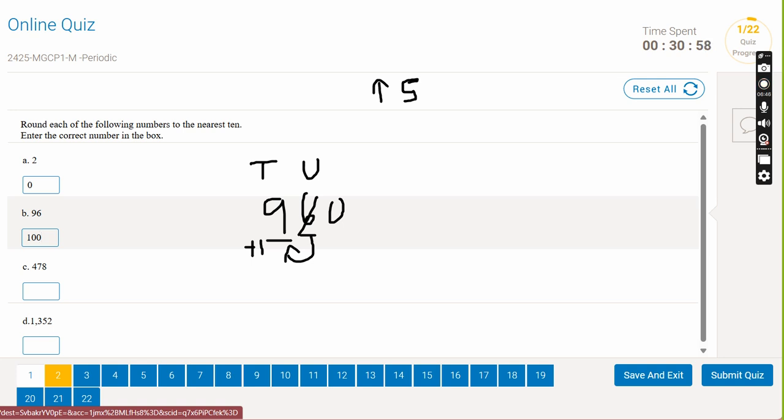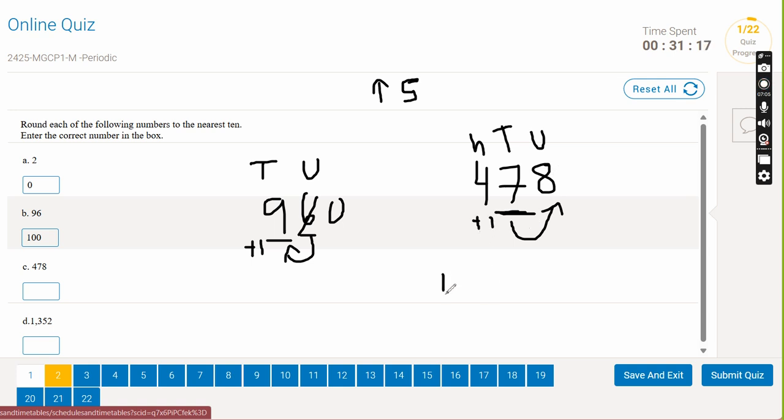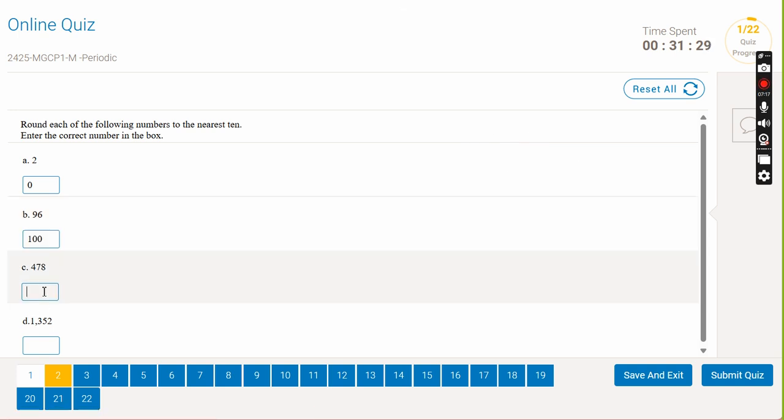Next is 478. Again, you'll be looking at the units, tens, hundreds, the tens. Look at the number beside it. It's 8. It's 5 or more than 5, right? 8 falls in that. So you'll be adding plus 1 here. So it will be 48, and this number will become 0 because we're doing it to tens. So it'll always end in a 0 at the end. The number itself will become a 0. So we'll do it here, 480. The next one,